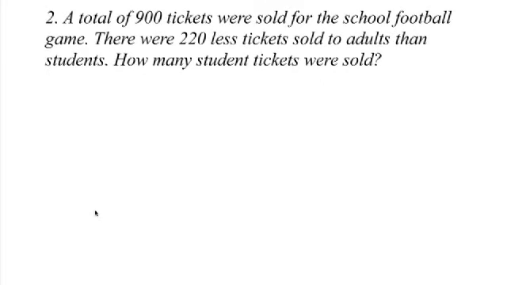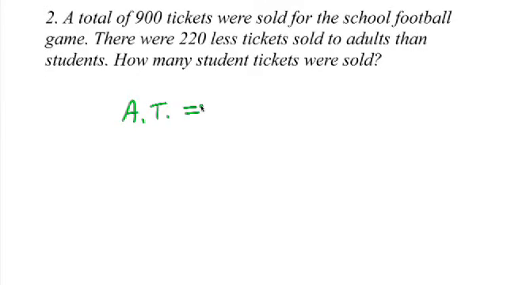Yeah, some of you might remember from elementary algebra, the less is that one word that's always written backwards when it comes to writing out the equation. Right, so what Jerry means is 220 less tells you that minus 220 comes second, not first. Correct. So it's student tickets minus 220, not 220 minus student tickets. Right. All right, so again, we know the number of adult tickets plus the number of student tickets. This time that equals 900.